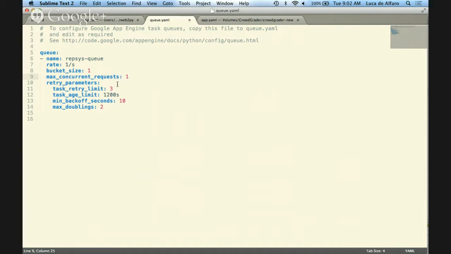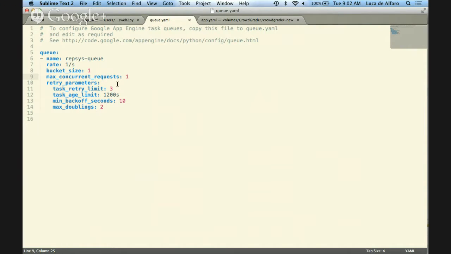And if you get more images than 20, suppose that you do 20 in parallel, and suppose that your image analysis takes 10 seconds. This means that your throughput in terms of images per second is 2. I'm just making up the numbers, okay? But if you get more than 2 images per second in your queue, then the queue will start building up, and it will get processed later. So queues are incredibly useful for smoothing the traffic as well, and smoothing your pay, how much you pay for this processing.